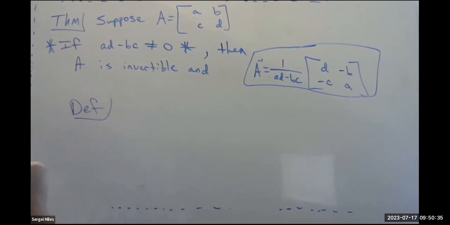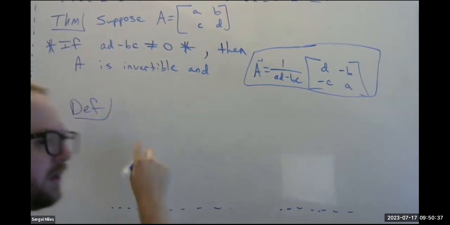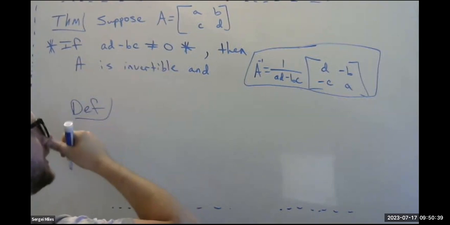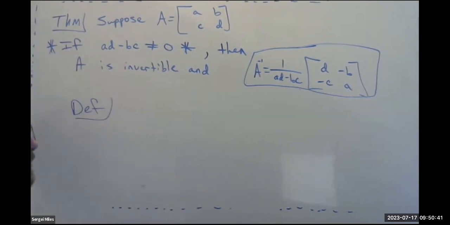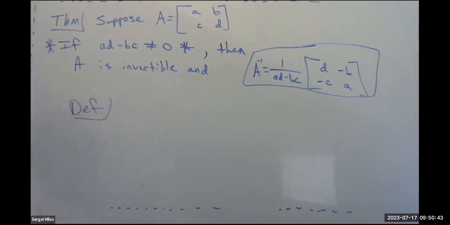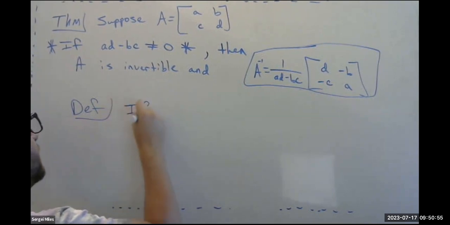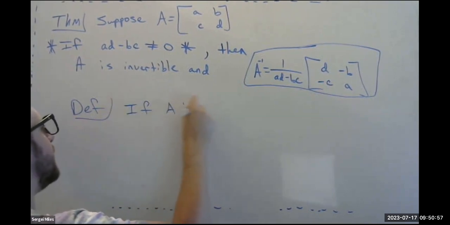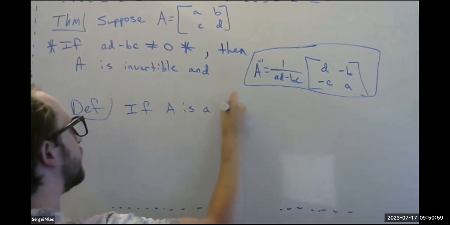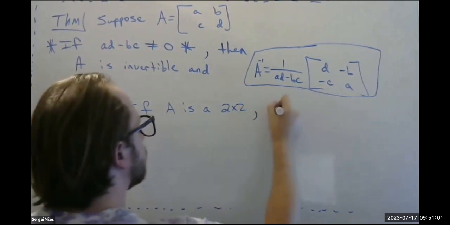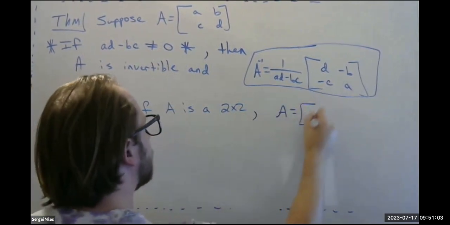But later we're going to see that this AD minus BC actually has a special name, and this calculation is going to be very important, honestly, from here to the end of the summer session. This is going to be a very special equation we have here. All right, so if A is a 2 by 2,